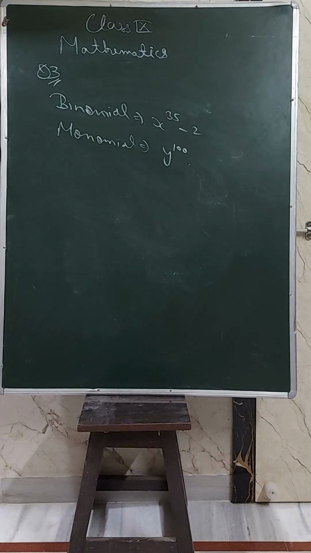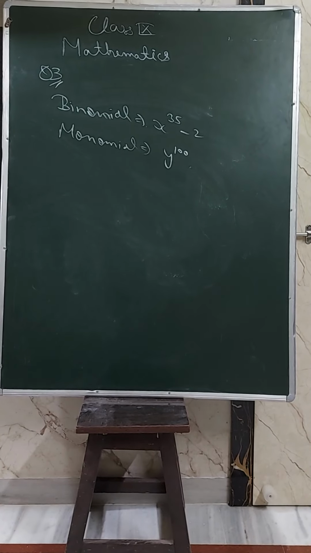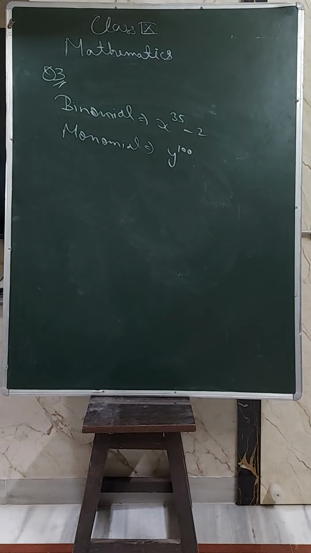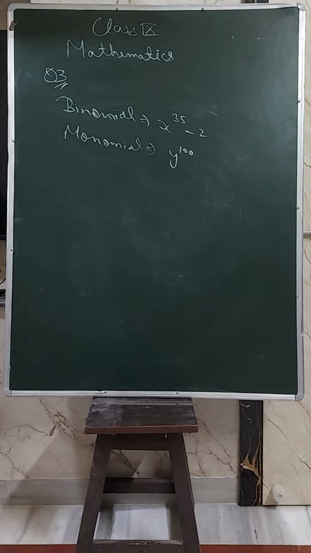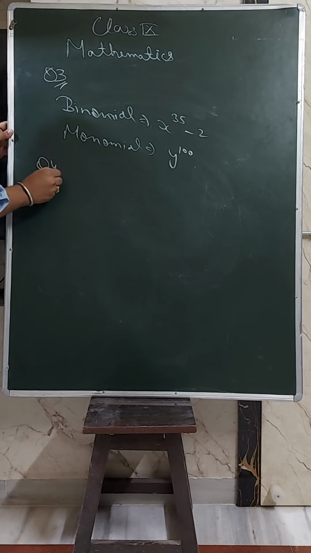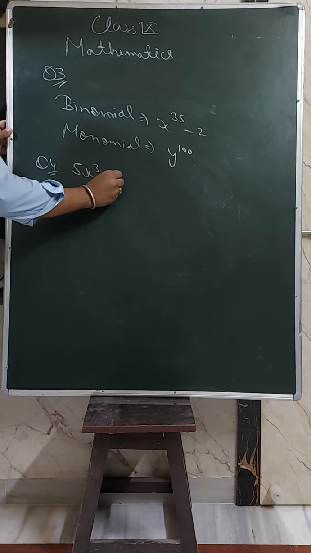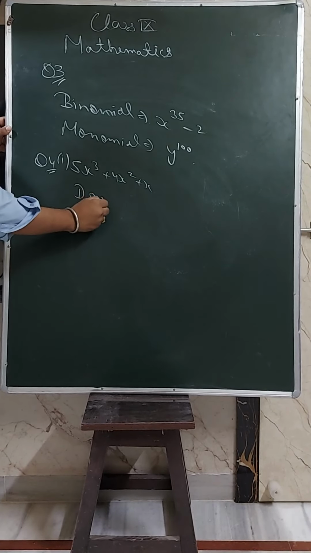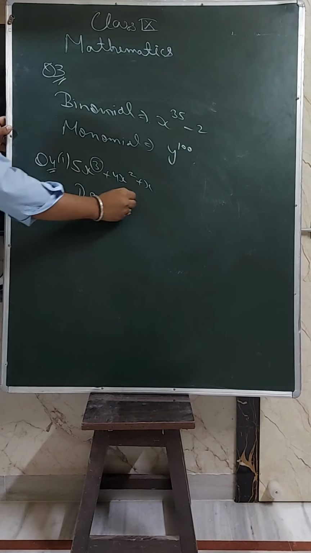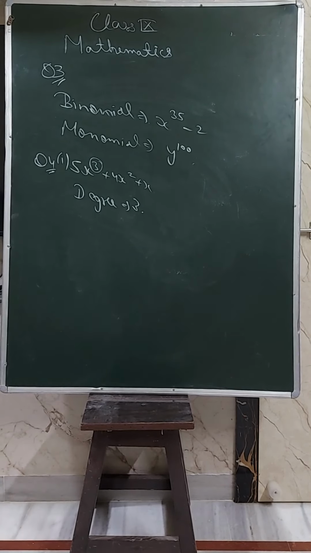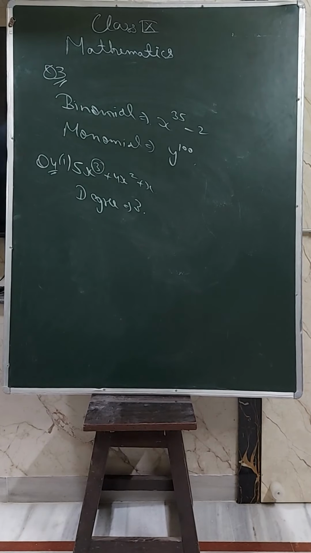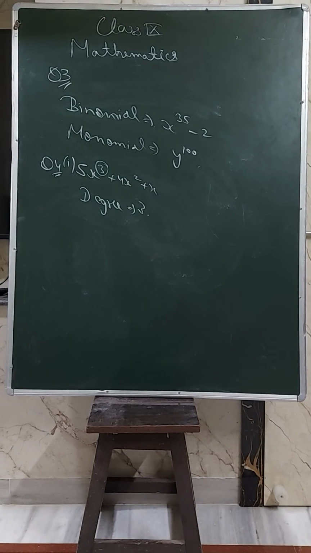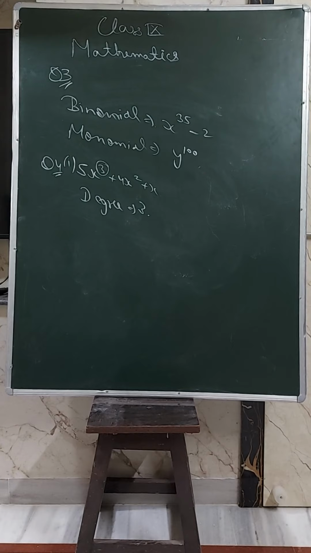Now, fourth question. Write the degree of each of the following. Degree means highest power you have to tell. See in the first part 5x cube plus 4x square plus x. See here what is the degree? Degree means highest power. Highest power is 3. This is the degree only. So like that only the remaining parts. Tomorrow Sunday is there. So these parts are homework. Like second part 4 minus y square. Highest degree is 2.